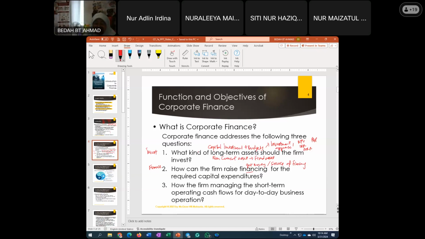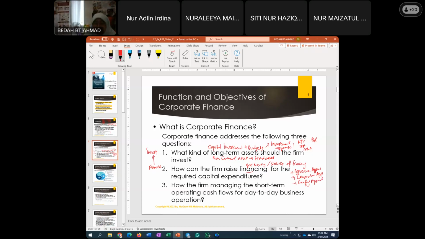Okay, source of financing. This one also you have learned before in your financial management when you learned on the financing approach, where you have, remember, the aggressive approach. What else? You have the conservative approach. You have the hedging approach, isn't it? Hedging approach is the balance between the long-term and short-term financing. Conservative approach is more on the long-term financing. Aggressive approach is more on the short-term financing. So that is the financing. Where you get money, what is the source of financing in order to pay for your investments.